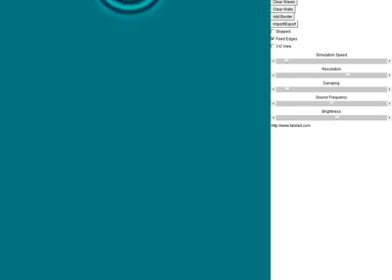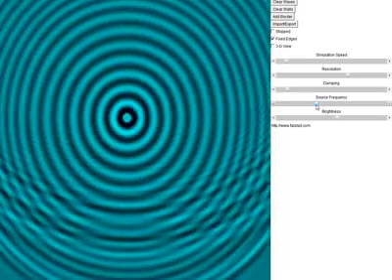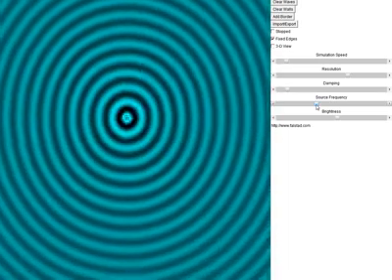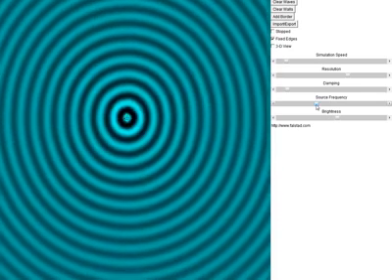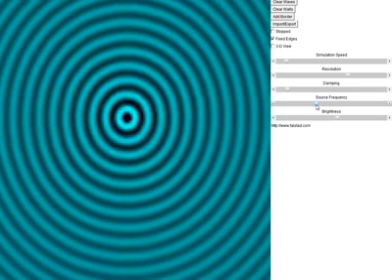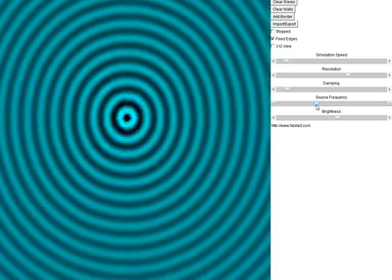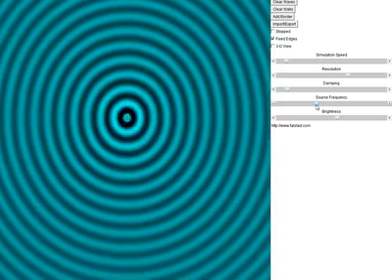Here's another situation in the ripple tank. Let's get the ripple tank, and we'll go for a single source. This is now when you've got one of those ball-shaped dibbers, and it's just dibbing up and down in the middle of the ripple tank, making these ripples that spread out in all directions. Remember, what we're seeing here are peaks and troughs in the water ripples. The bright and dark things are peaks and troughs. So these are wave fronts, and again, the wavefront representation of a single source of waves.